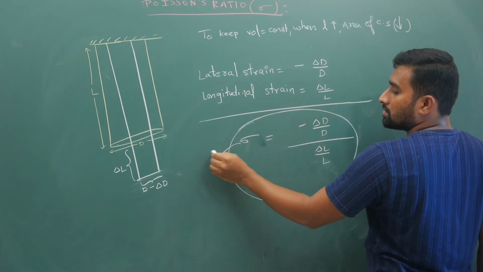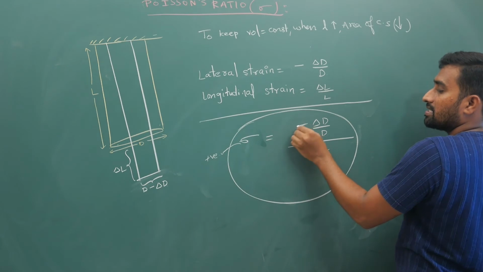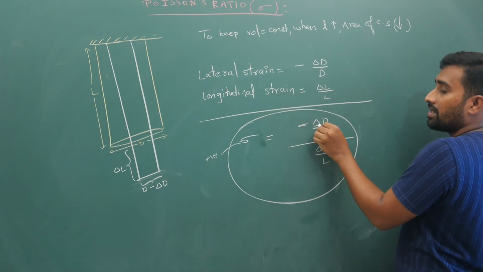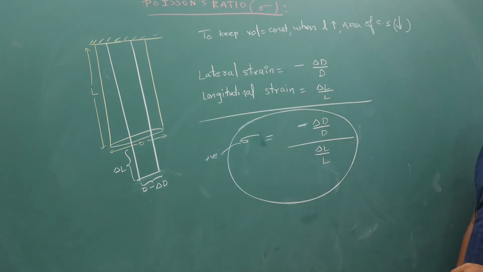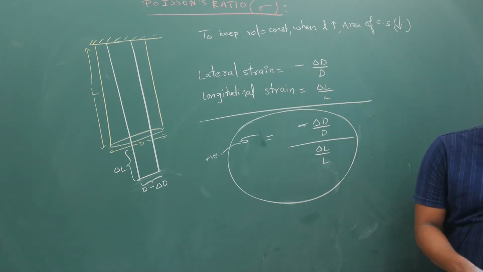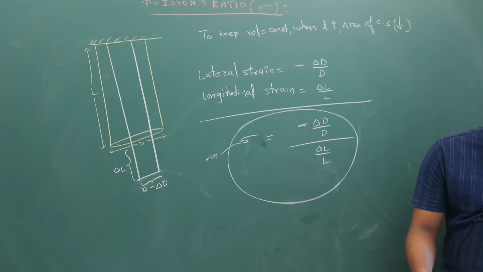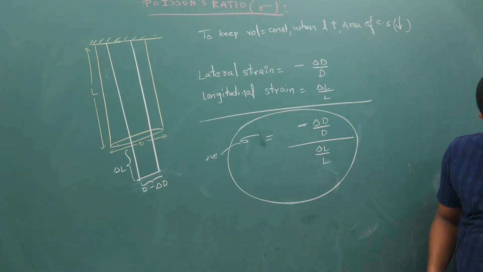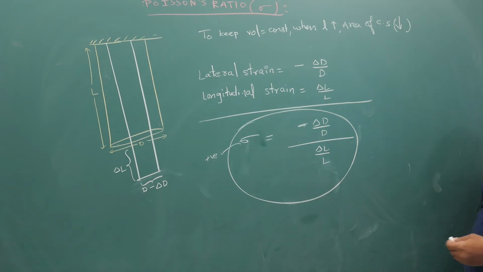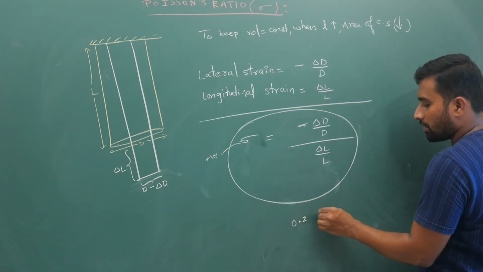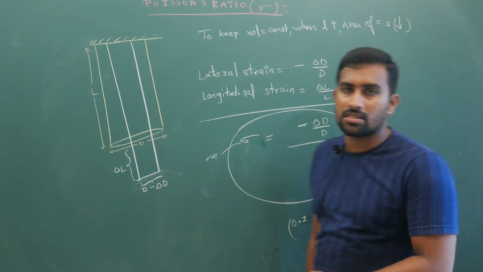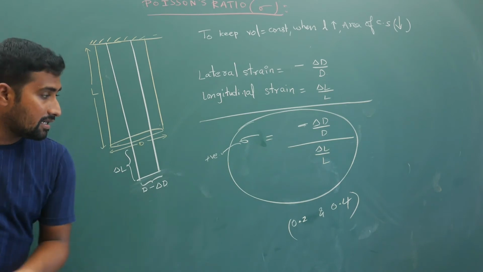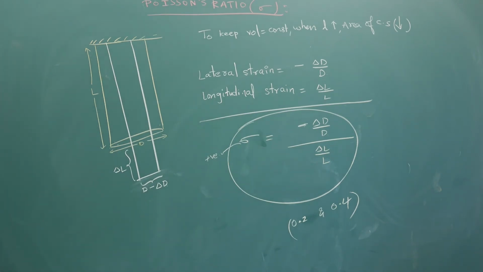It is a positive quantity, so that is why for the decrease in radius you keep a minus sign. Final minus initial will give you some negative value, minus of minus, once again you will get the positive value. Your Poisson's ratio value is usually between 0.2 and 0.4. Anyhow, in different state board books this value will be changing, but usually it is that. According to the reference book from which I am teaching, I have taken this value.